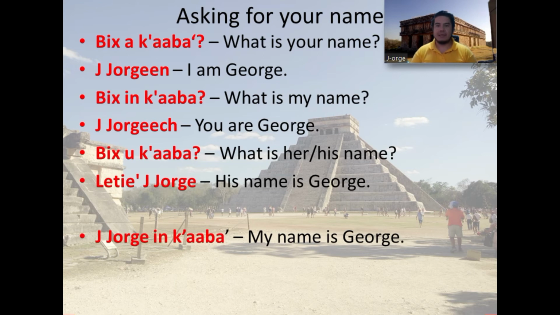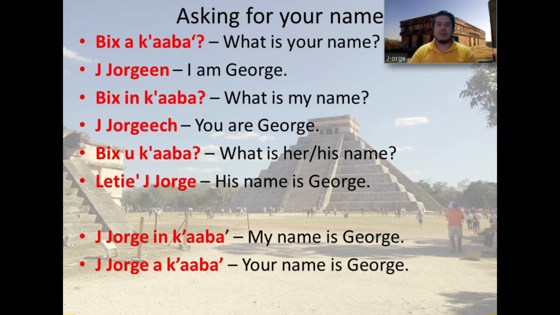which means my name is George. Again, in this case, we have Jorge, which is my name. Then we have the morpheme representing first person singular, and then the verb kaba, which means to be called or to call. Then we have Jorge Akaba,